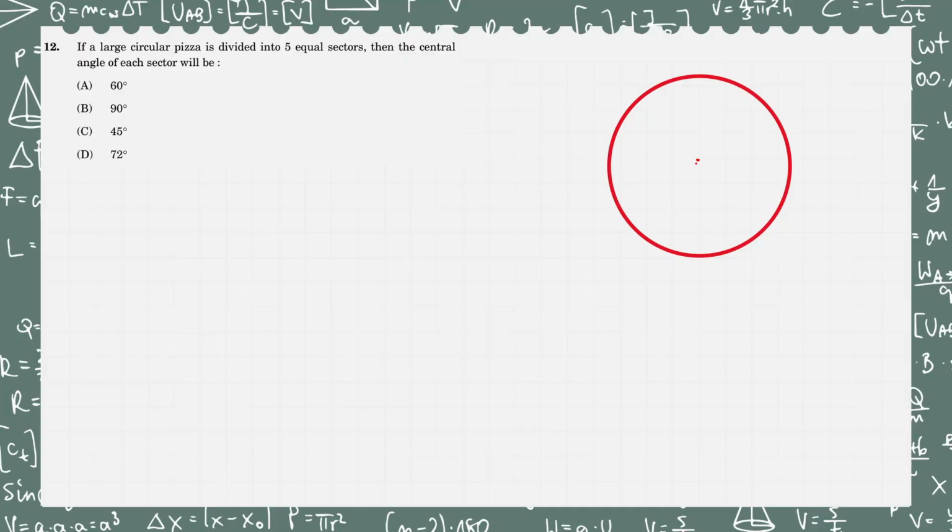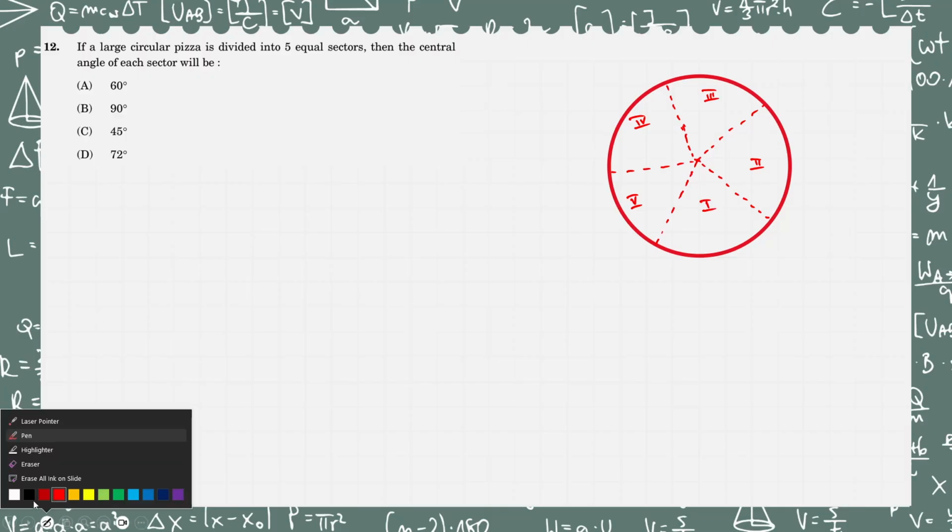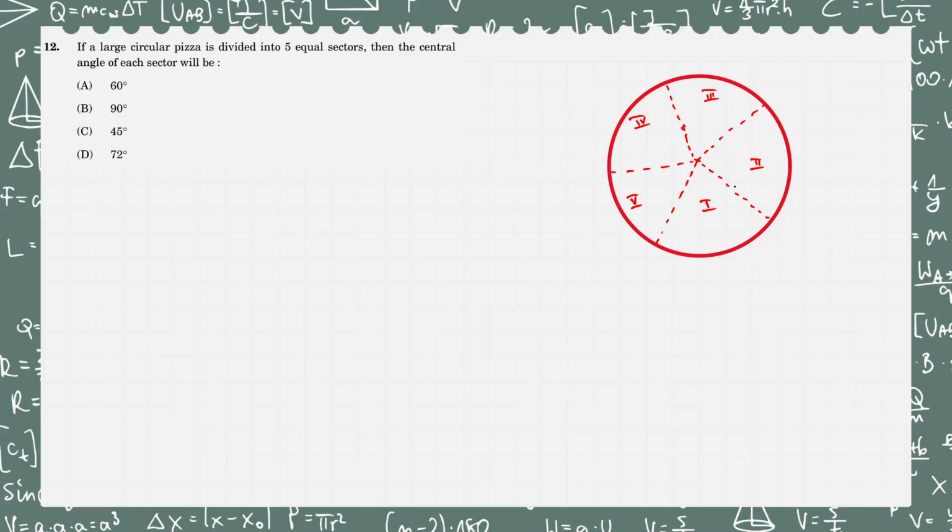Okay, so for example, if I do like this, so this is number 1, this is number 2, this is number 3, this is number 4, and this is number 5. So there are 5 equal sectors we have drawn, okay, and we need to find the central angle of each